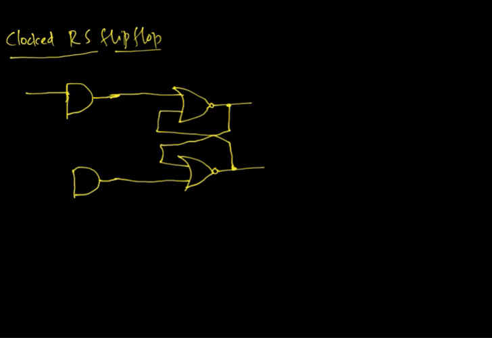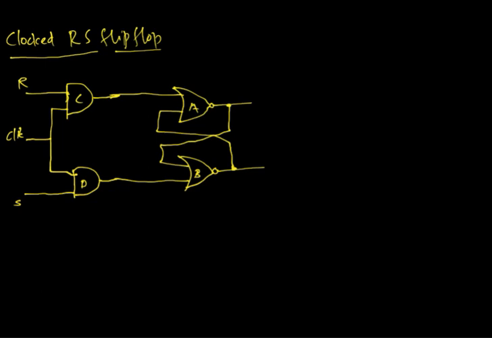One of the inputs to this AND gate is R and the other is S, and also we will use a clock pulse to synchronize these inputs, that is a clock pulse here. So this is an AND gate, this is the AND gate, let's call it C, this is D, this is the NOR gate A, this is the NOR gate B.